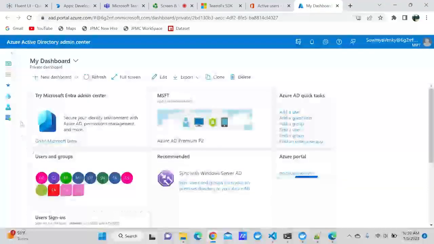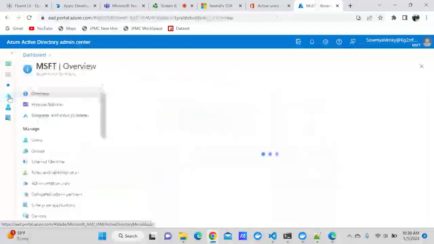and I want to show you the important piece that happens behind the scenes to enable SSO. If you don't use TeamsFX, you have to do all this manually. There's actually an App Camp website where it goes through all the details and shows you how to do it manually, but this makes it so easy. So if you click on this,